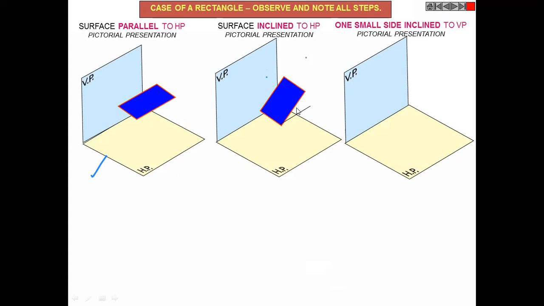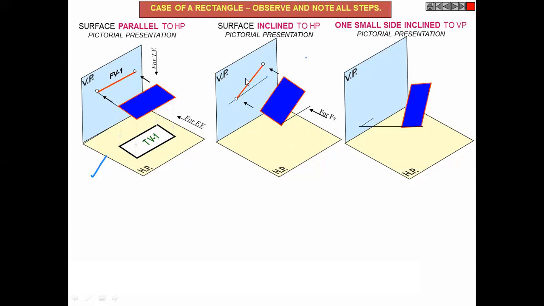And this is surface inclined to VP. Correct? So your front view in this will be like a true line, a straight line. Not true shape, but it will look like this. And here you will have true shape because it is parallel to that plane.